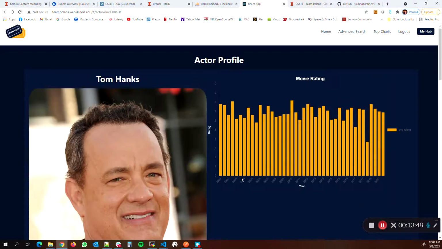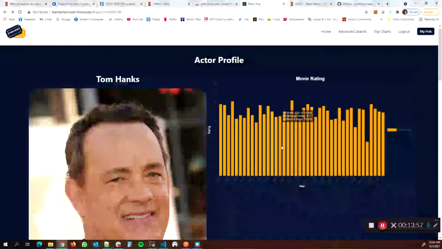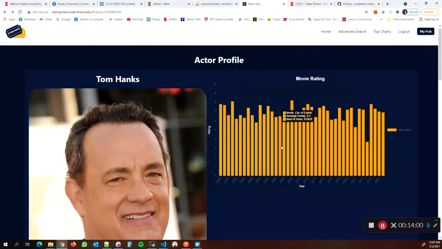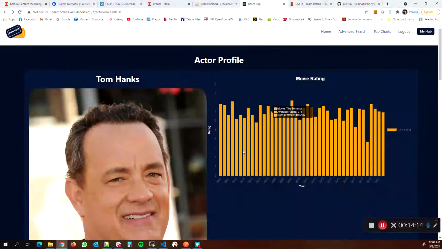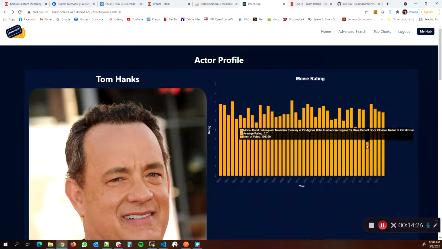Over here, we can see one of the advanced features that we have implemented, which is basically a data analytics part. It shows year-wise the movies of this actor or director and their corresponding ratings. This is really helpful for anybody who wants to analyze the performance of that actor, director or producer. In these bar charts, we can see the movie names, how many people have rated them and what their rating is. And we can see for Tom Hanks the rating is fairly high over the years, except for this movie where the rating was a little low.